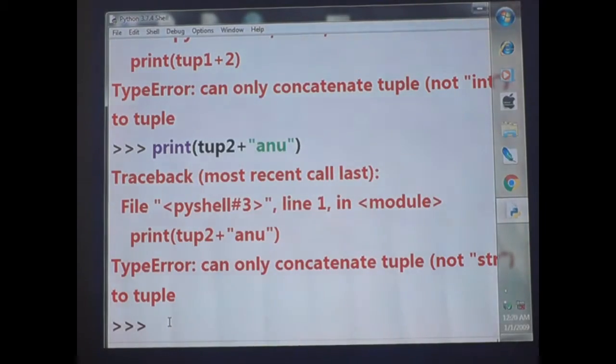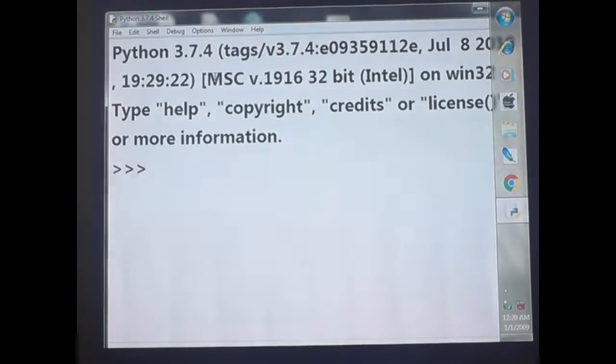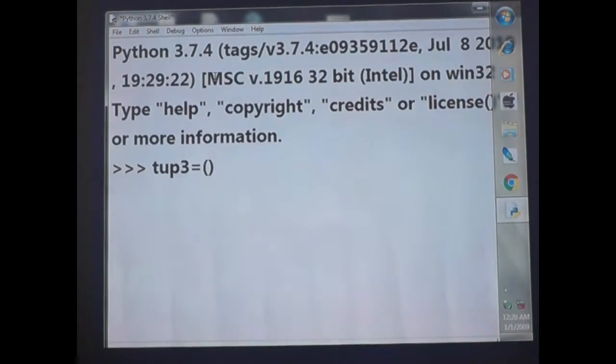Then what about the next one? I close this one. Let me go for one more example. Okay, fine. So tup3 is equal to, you have to give only rounded brackets. Inside that 11, 22, 33. Okay, fine.